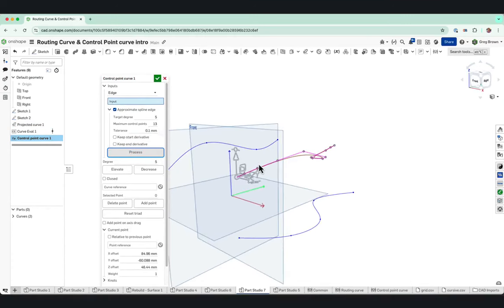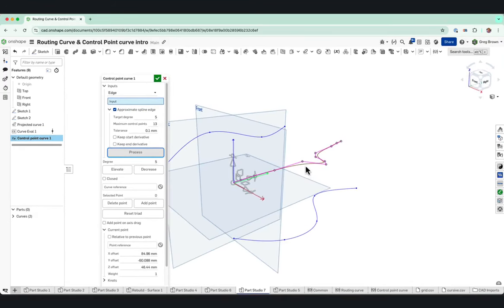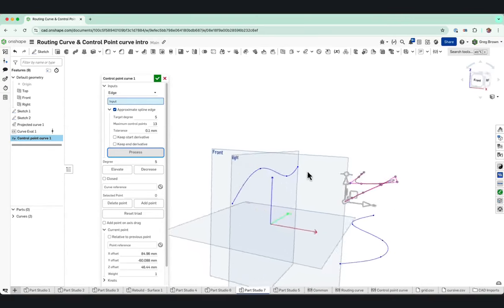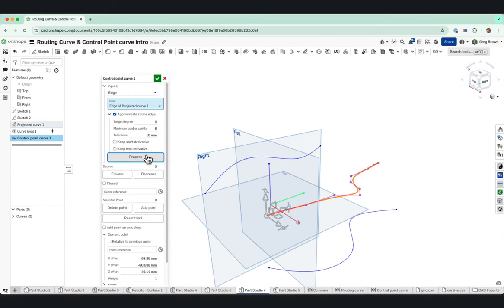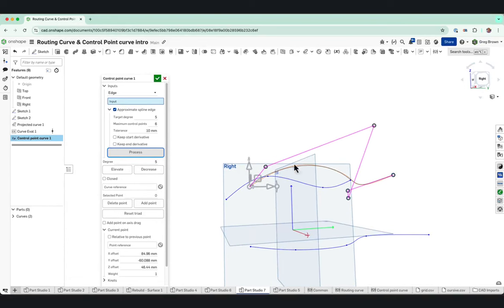And you'll see immediately it's created a curve with only 12 control points, 1, 2, 3, 4, 5, 6, 7, 8, 9, 10, 11, 12 in this case. So with 12 control points, it got close enough to meet the tolerance target that we set. All right. We could even try a looser tolerance. Let's try something really loose and try and use only 6 control points to do that. And let's pick the edge and process it. And you'll see here, in fact, it has been able to do that with 1, 2, 3, 4, 5, 6